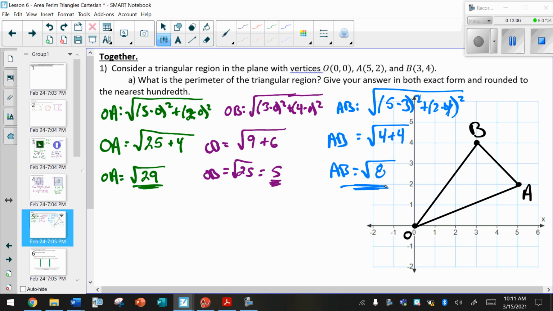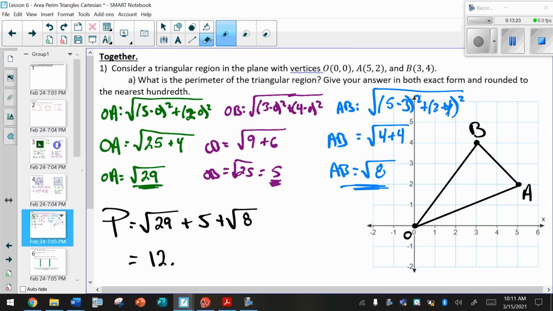As far as perimeter is concerned, perimeter is when we add up all the side lengths. Radical 29 plus 5 plus radical 8. It says round to the nearest hundredth, so I'm going to go to my calculator, add those all up, and round to the nearest hundredth. That is 2 decimal places. That's going to give me a final answer of 13.21